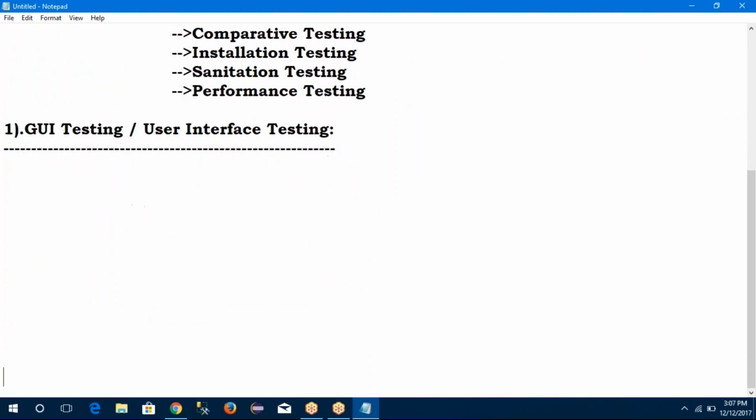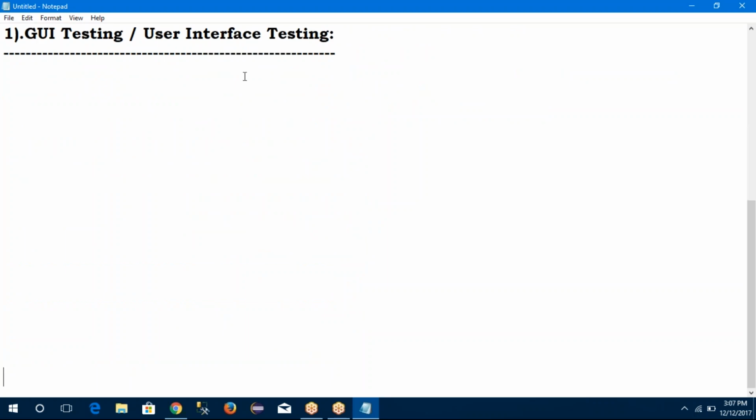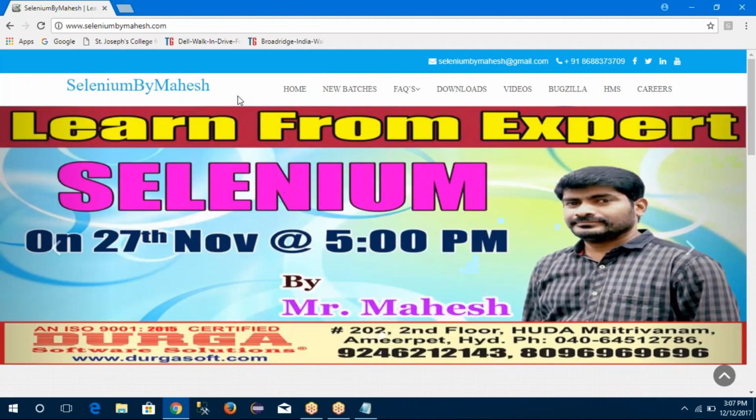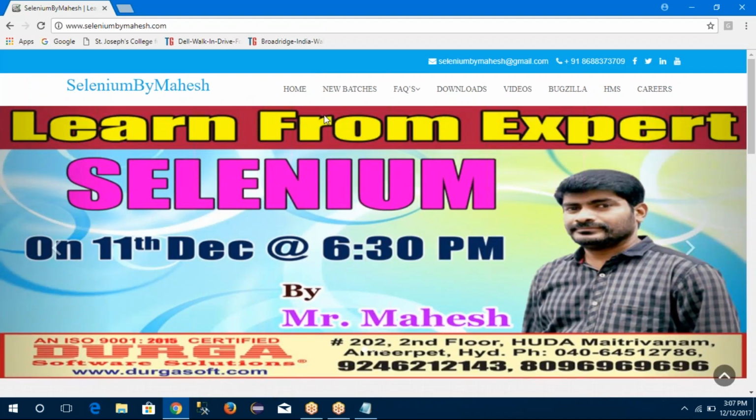Graphical user interface means the main concept is the look and feel of the application. If I open any application, is there any spelling mistake? Availability of the components, control visibility, font size and style, whether control spellings are correct or not, and clarity